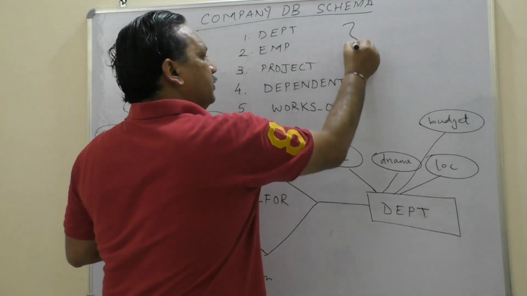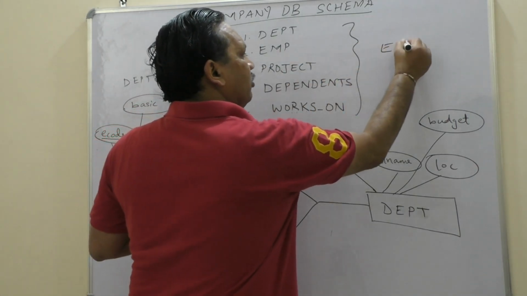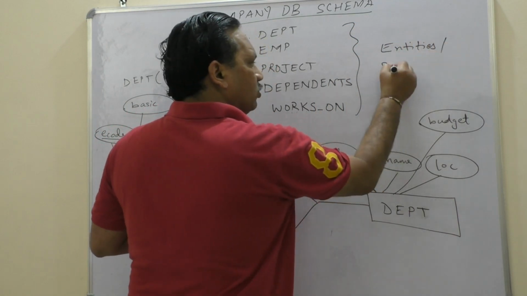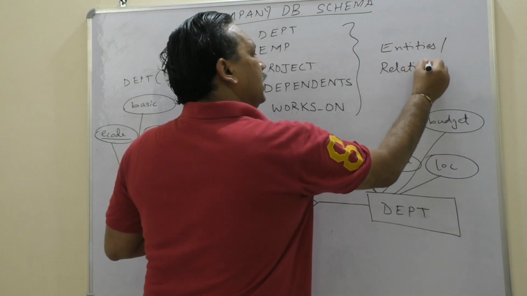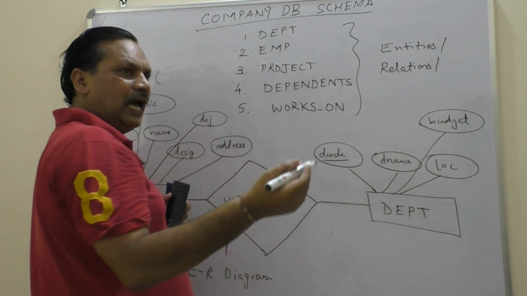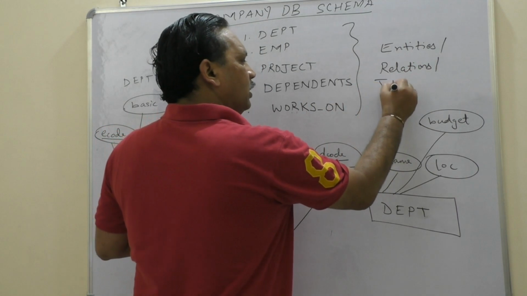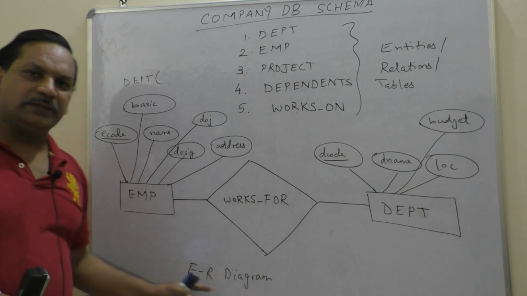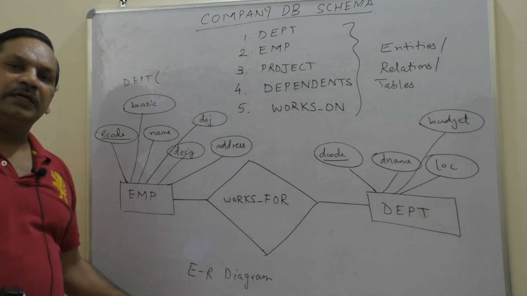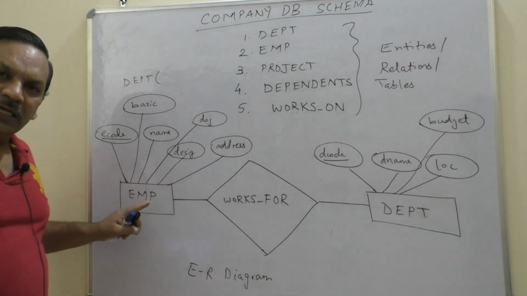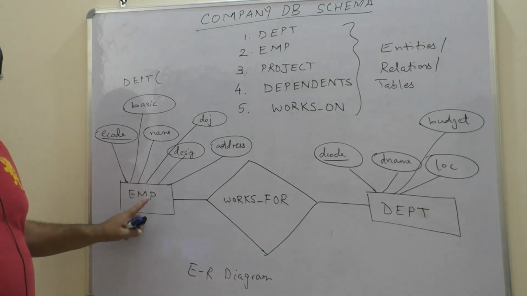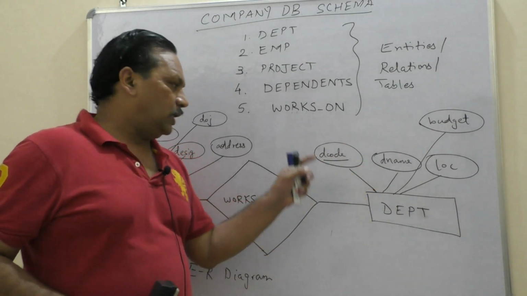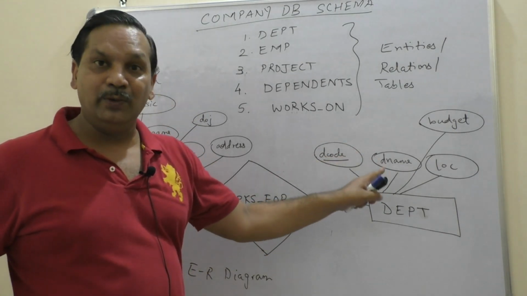So these are called entity sets or simply entities, or theoretically you also call them relations. And in practical work, when you do a database lab, the same thing is called what? Tables. Okay. And this diagram through which we are modeling the database system is called, again I repeat, an entity relationship diagram. Entities are shown by the symbol called a rectangle. The attributes or the columns, yes, these are also called columns or attributes or fields.